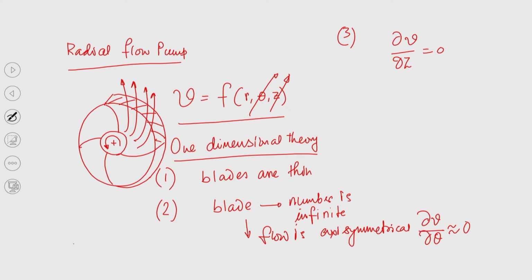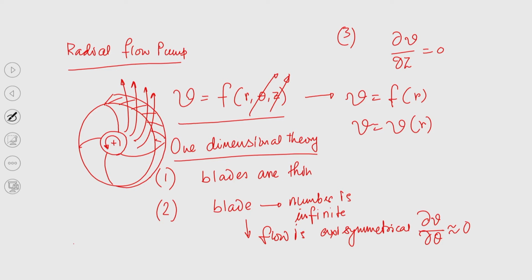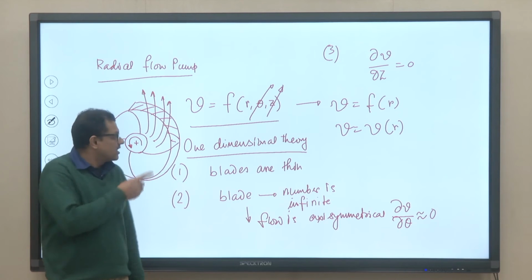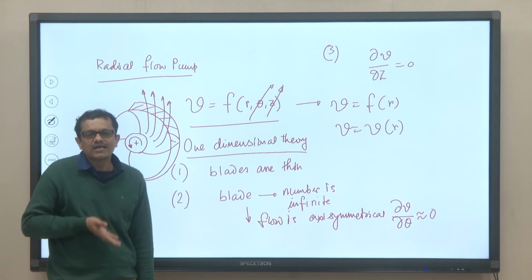come down to a case in which we can consider that V is a function of only R, that is one dimensional. So, if we write V is only a function of R, that is V equal to V(R), it stipulates one important point, the necessity of the assumption that the flow is axisymmetric. So, this is very important, that means the flow field is highly 3 dimensional, but we will be considering the velocity is a function of R, that is the velocity varies in the radial direction.